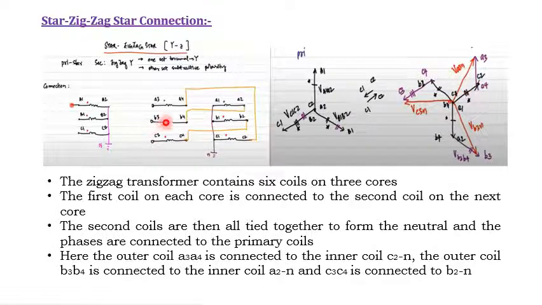Similarly, I am supposed to draw the B3, B4 phasor. The B3, B4 phasor is in phase with B1, B2. So where is B1, B2? The B1, B2 phasor is here. Where did it start from? It is connected to the A2 point. Where is the A2 point? The A2 point is here. From here I am supposed to draw the parallel line, that is the B1, B2 parallel line. So this parallel line will be drawn here.